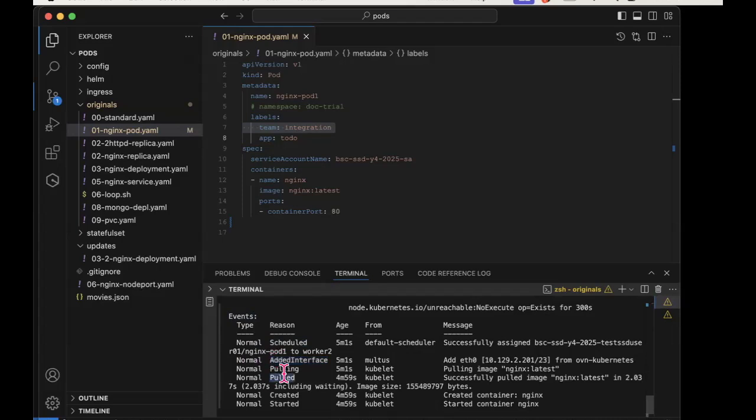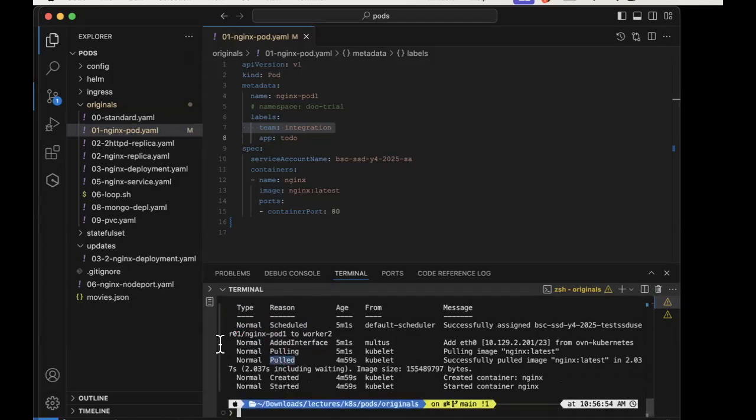Then it starts pulling the image from wherever, in our case, Docker Hub. Eventually, the image is successfully pulled, and okay, it's now fully created. The pod is now fully created, as in its containers are loaded into the pod, and they are executed, or they're initialized, I suppose. Let's say they go through their initialization phase,